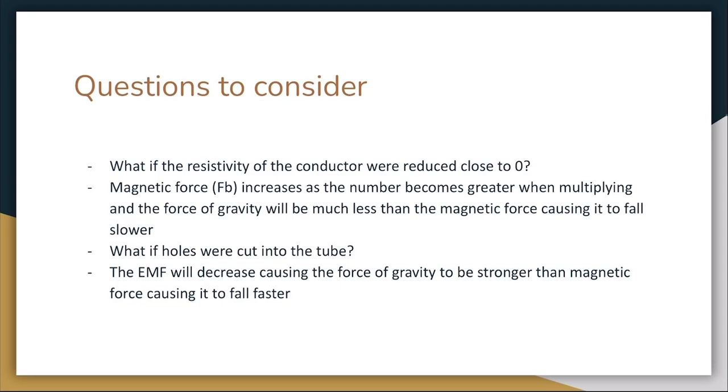And what if holes were cut into the tube? The EMF will decrease, causing the force of gravity to be stronger than the magnetic force, causing it to fall faster. We can also simulate the first question through our GlowScript code, which I did to confirm